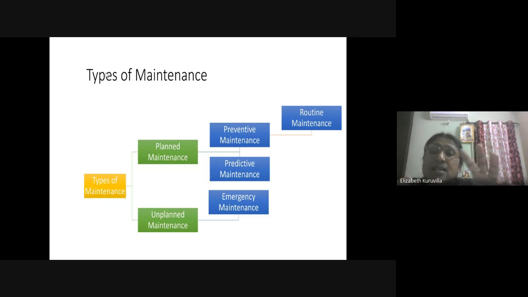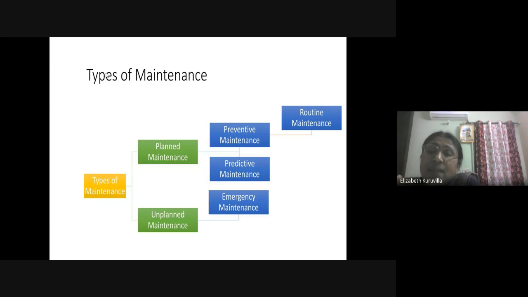Sometimes we have purchased a generator or something without a cover. So we may think that with a covering, we can preserve it for a long time. So we can prevent future rust or some loss of that particular equipment. That is known as preventive maintenance.